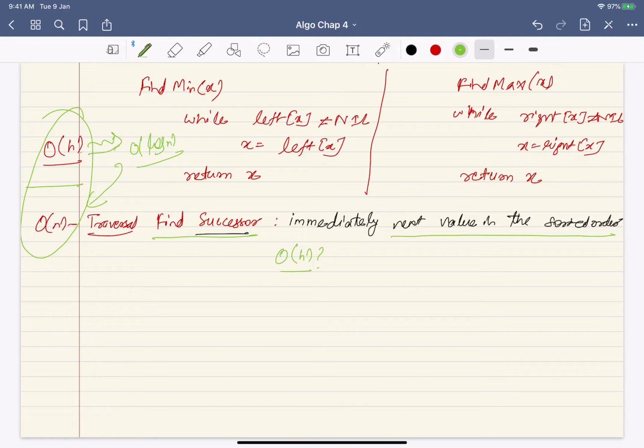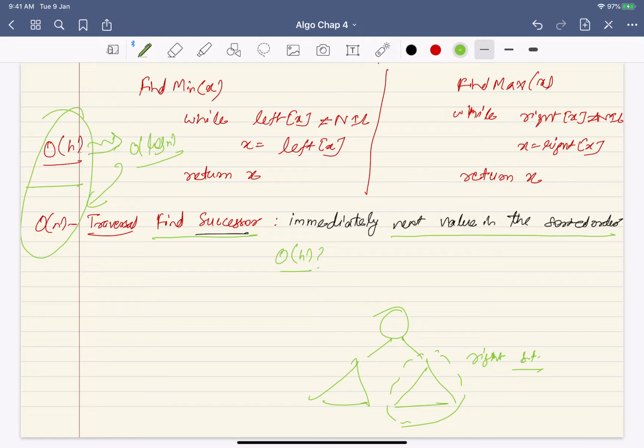Suppose you are at a node in a binary search tree. It has a left subtree and a right subtree. Where will the next value in the sorted order lie? I know all the values in the right subtree are larger than that, so the next value will lie in the right subtree. That's where I go when I'm searching.